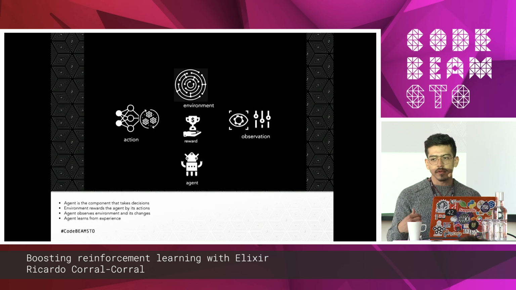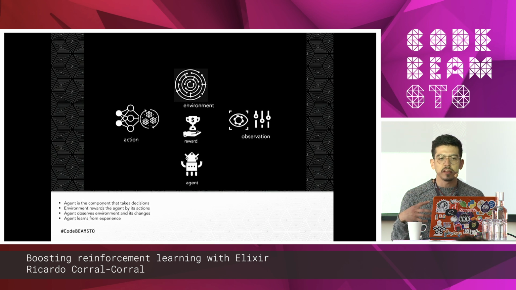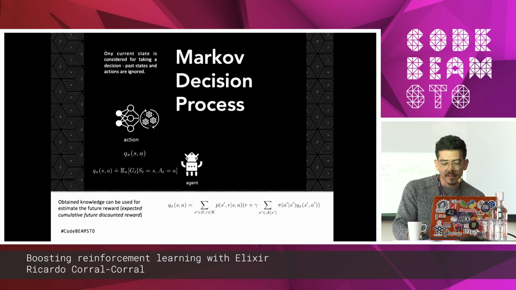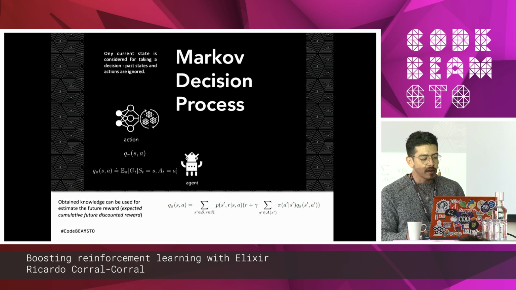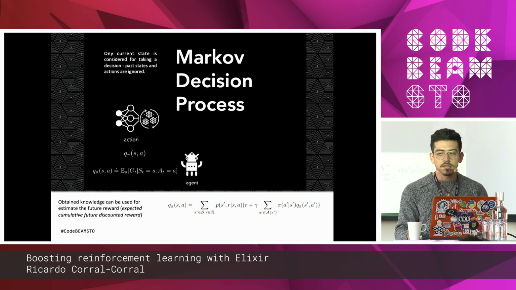In our first example, the guy himself is part of the environment. The physical aspect of the agent is part of the environment. The agent is very abstract, and it only takes information, learns what to do, and takes decisions. And the environment can reward the agent for its actions, and constantly the agent is able to observe the environment and how it changes. All the theory about reinforcement learning is based on this assumption, which is the Markov decision